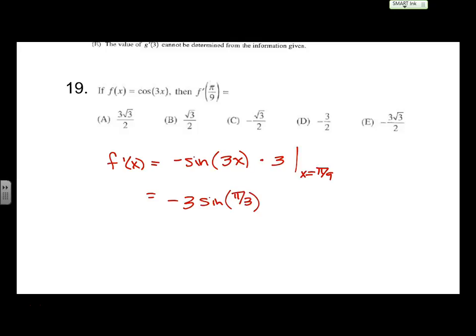Question. What did this question require you to know? Unit circle. What is sine of 5π/3, or sine of 60 degrees? Bingo, which is why the only correct answer is this one. Did anybody not do times 3? I forgot the negative. Forgetting the negative is a common problem.